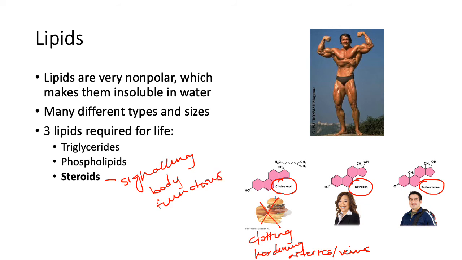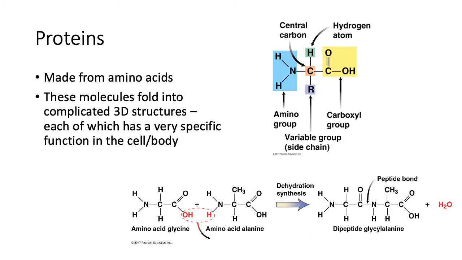Okay, so we've talked about carbohydrates, we've talked about the lipids. We have two more classes of macromolecules to discuss. And next up are our proteins. So the proteins, again, these are large macromolecules, and their building blocks are called the amino acids. And in general, there are 20 amino acids that are used and linked together to make a